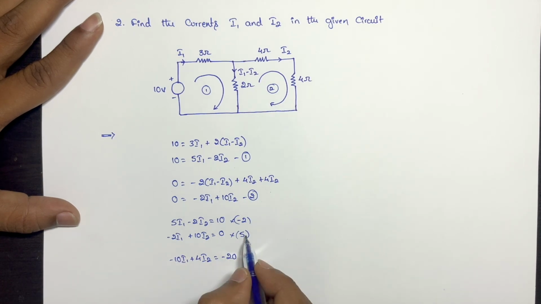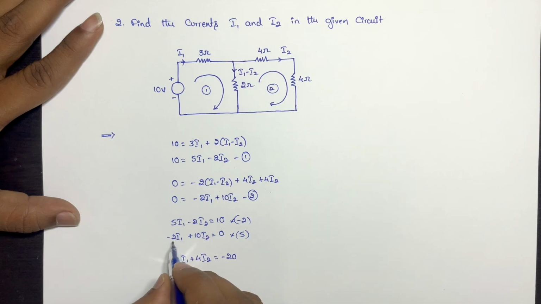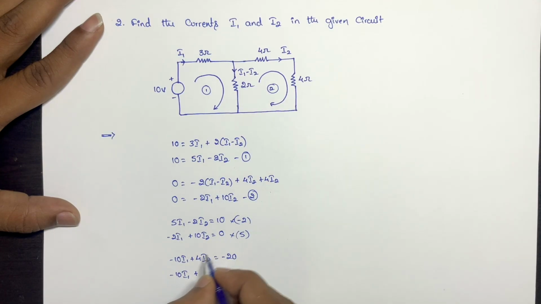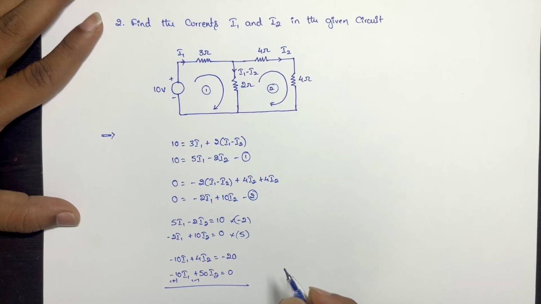And here 5 into 2 is minus 10I1 plus 5 into 10 is 50I2, which is equal to 0. And if we solve this simultaneously, the I1 terms get cancelled, and here we will be getting minus 46I2 is equal to minus 20,